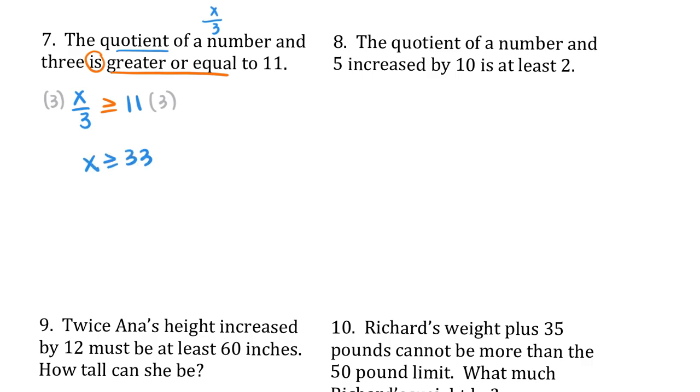33. X is greater or equal to 33. Okay, let's try it. Oh, another quotient. Okay, quotient of a number. So x divided by 5. X over 5 increased by 10